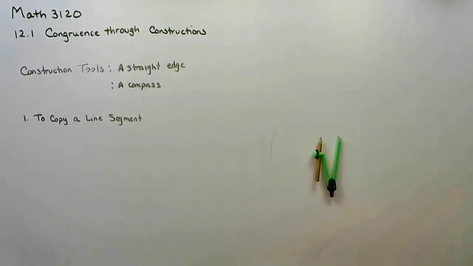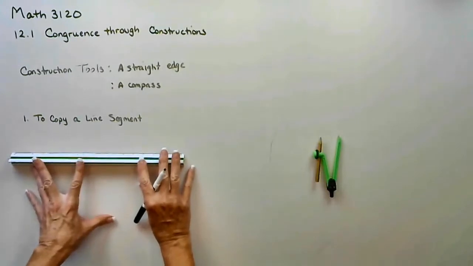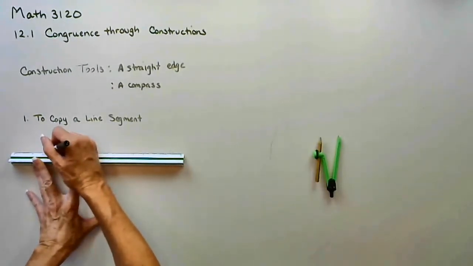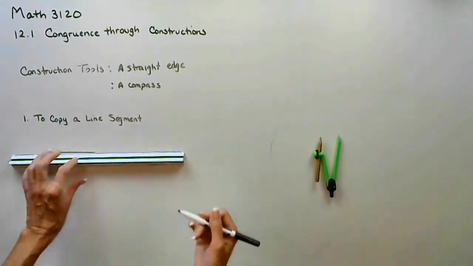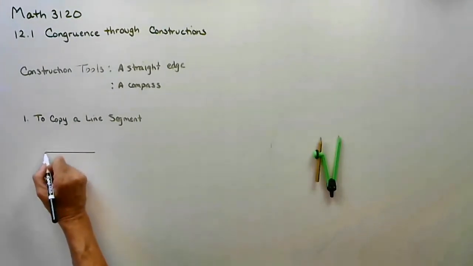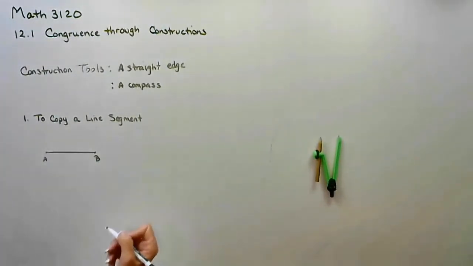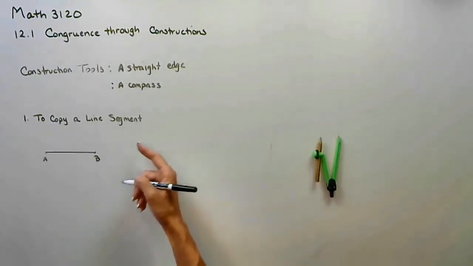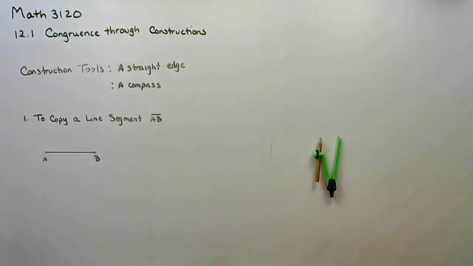So I'm going to give you the givens in black, and we'll do all our copying in blue. So let's say I give you this line segment, and I want you to copy this line segment from A to B. Now remember, you do not have a ruler, so you cannot measure it. No ruler. Okay, so we're going to copy line segment AB. So here's what we do. First of all,